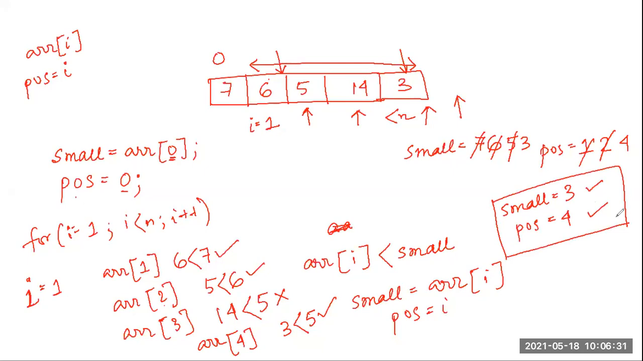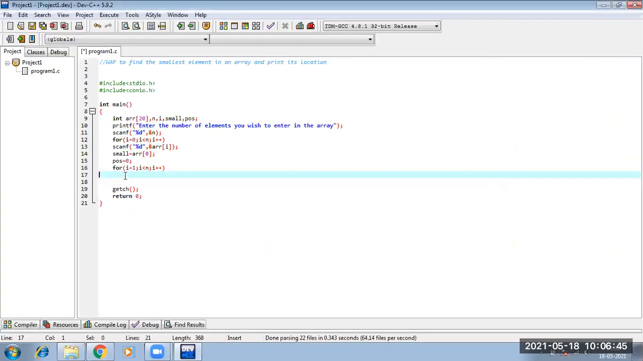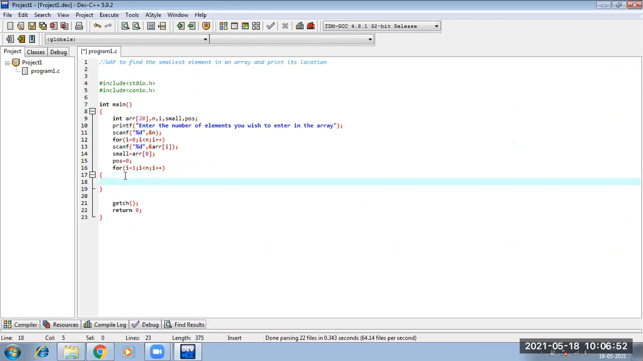Yes, ma'am. So when I was implementing it, from this location I will start implementing. So let us do that now. Here I was checking, in a for loop, whether my array index is less than...